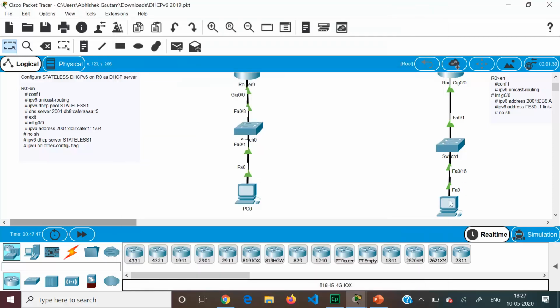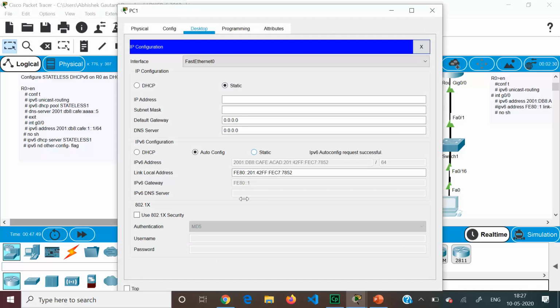In the previous case we didn't get it because we didn't create a pool for the DNS server address, but here we have created a pool, so we are getting the DNS server information from the pool because we have set the other config flag as 1. So the prefix information it got from the router, and this it got from the server which we configured: the router configured as a server with the pool name stateless1.